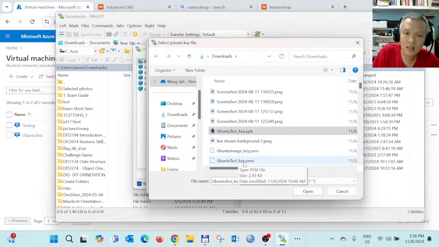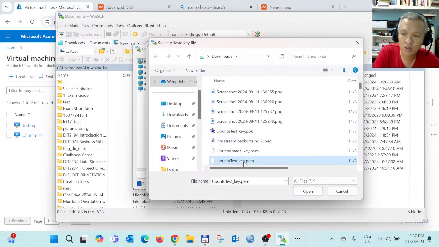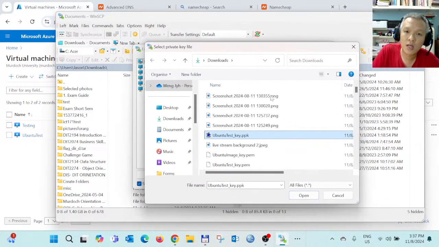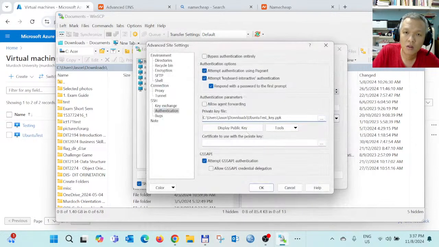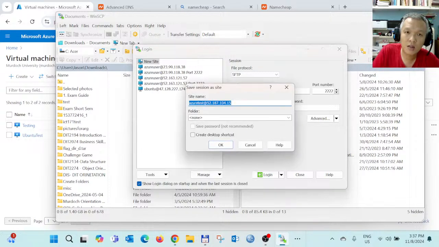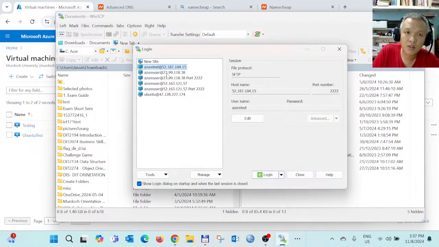Then if you select this, you follow the instruction on the screen. It converts the PEM file extension to PPK, because this is the file extension recognized by WinSCP. All right, something like this. So if you click OK, you save it. After you save it, you will see something here. If you log in from here,